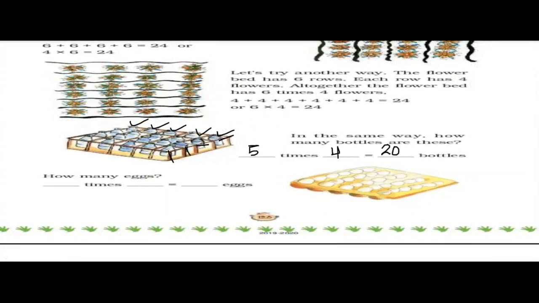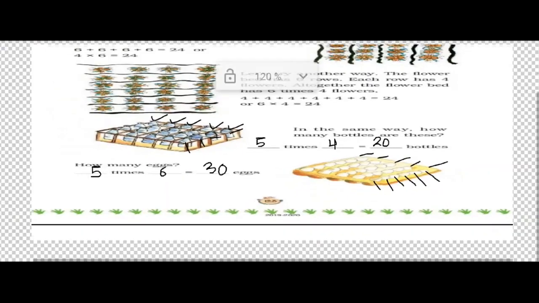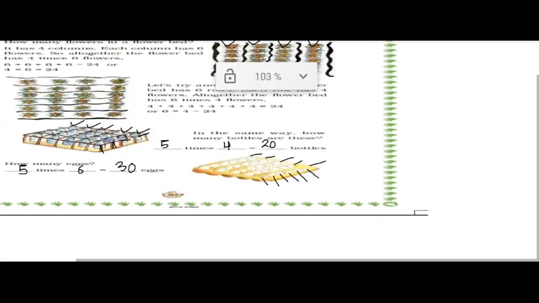Do you think it is making it easier for you to count the things? Yes. So, the number of eggs. Let us first count the rows: 1, 2, 3, 4, 5 this side. So we will write 5 times. Next, 1, 2, 3, 4, 5, 6. We have to count this last egg twice, from this side also. So 5 times 6 equals 5 6s are, how many eggs are there? There are 30 eggs. So I hope this is easier and you have understood this one.